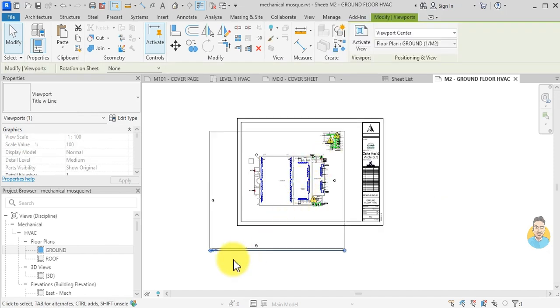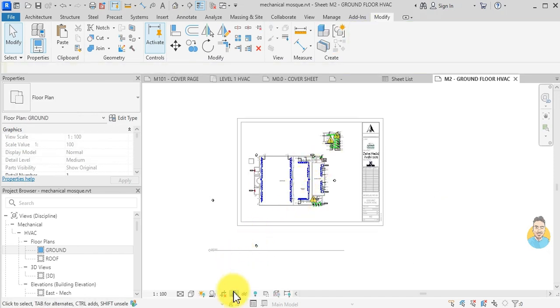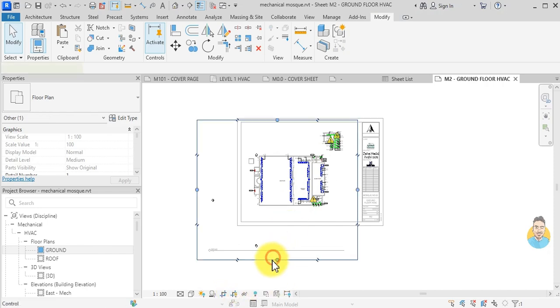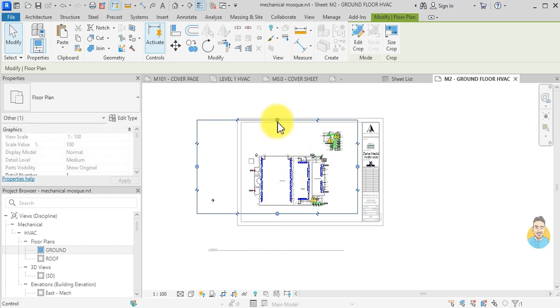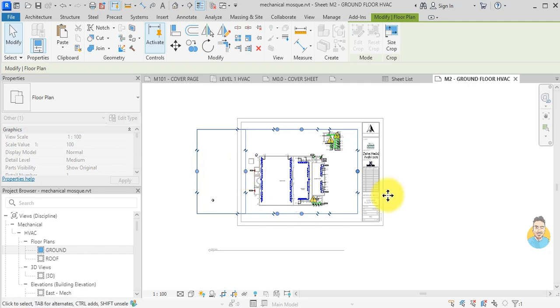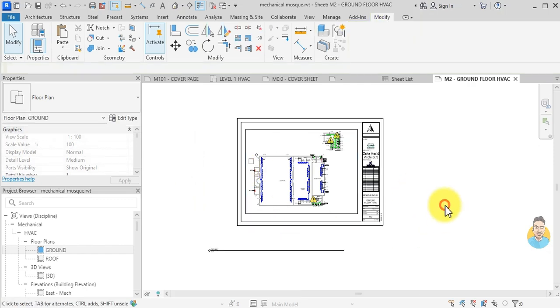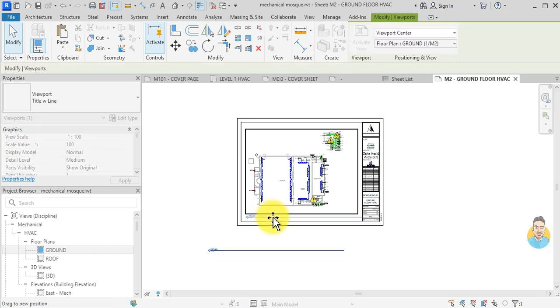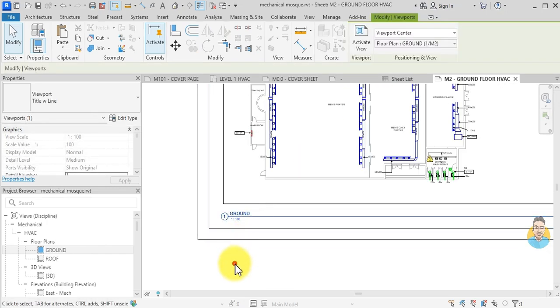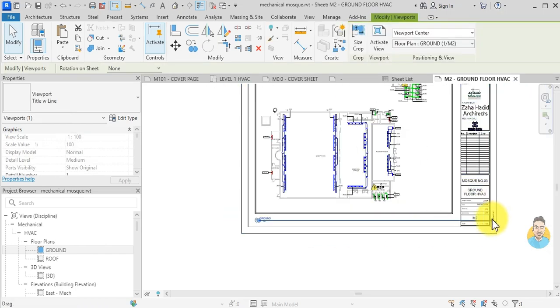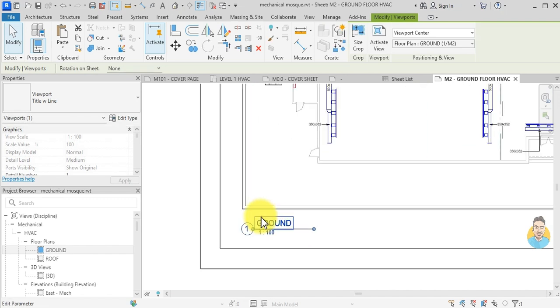I want to crop the view, double click, show crop region. I want to crop it like that. Double click, and I drag and drop my view title. I want it to be called ground floor HVAC. Click,